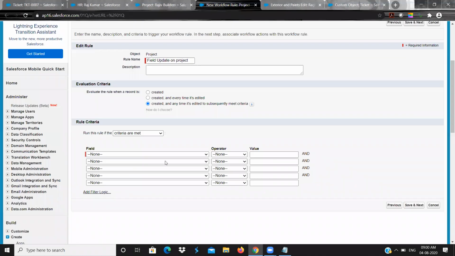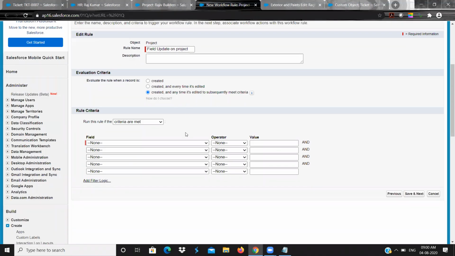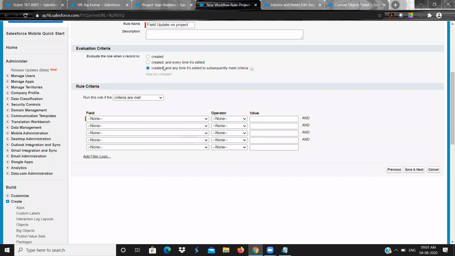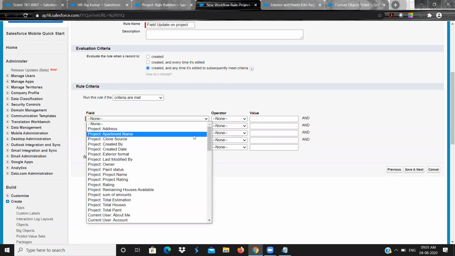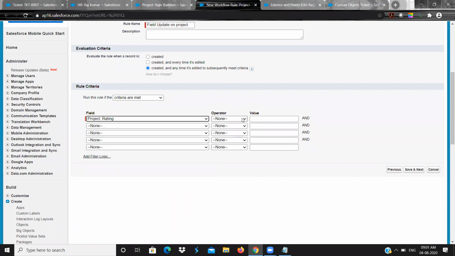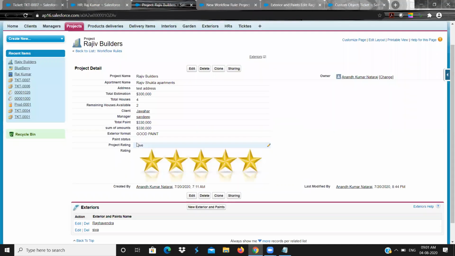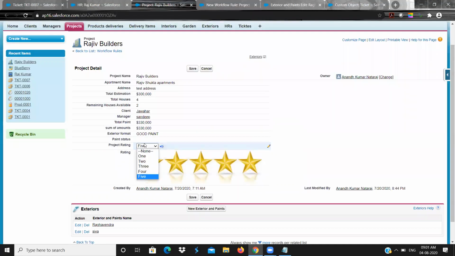So this will be the correct scenario. What is the criteria? The criteria is rating equals to 5.